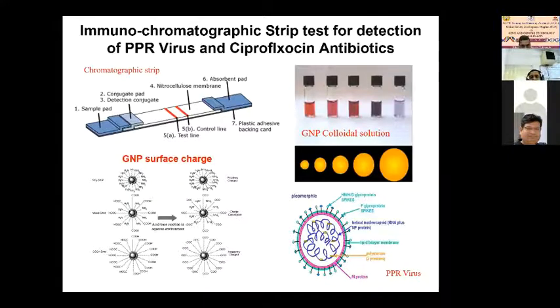To develop these strips, you need the capability of troubleshooting the problems that come in the way of making these gold labels with the detection molecules. You must also have an idea about how to keep the flow rate, what membrane pore size you need, what kind of conjugate pad you require, and the absorption sample pad. All those parameters need to be optimized.